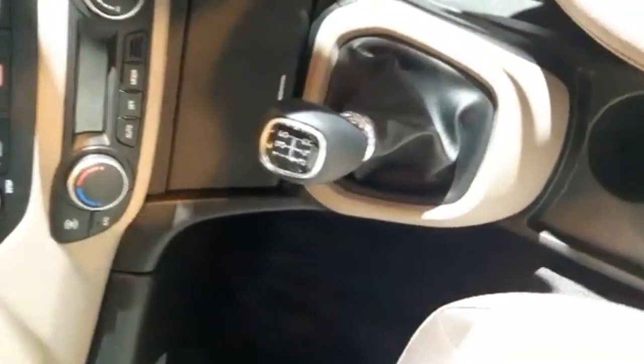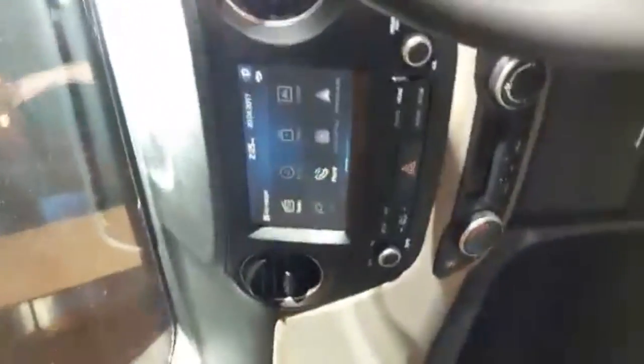Gearbox is the same 5-speed unit. There's a cooled glove box right here, fairly spacious as well. Oh yeah,